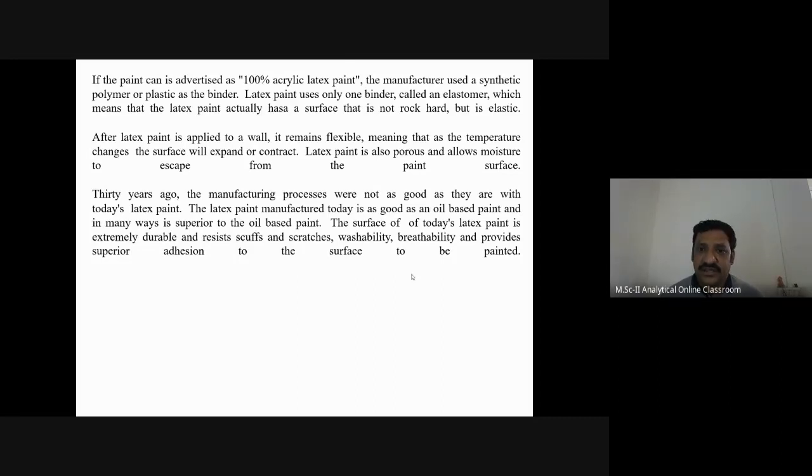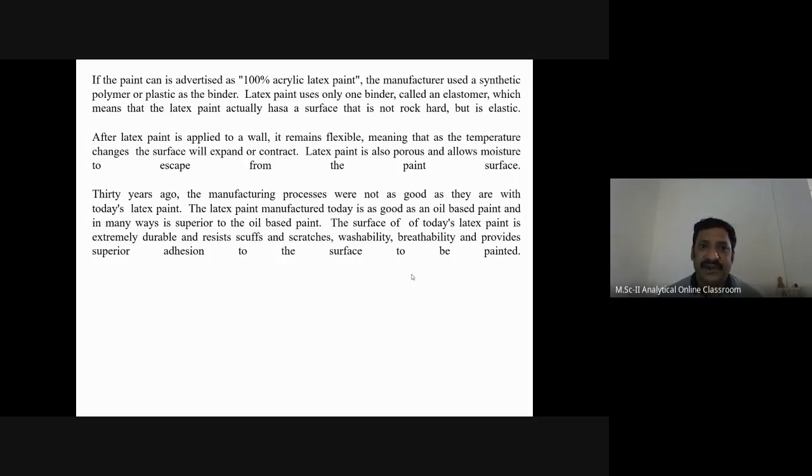Latex paint uses only one binder called elastomer. Okay, elastomer means what? This terminology has been asked in examinations many times, so you should know that latex paint uses only one binder. If latex paint contains only one binder, latex paint is nothing but the binder. But if that latex paint has only one binder, then it is called an elastomer, which means